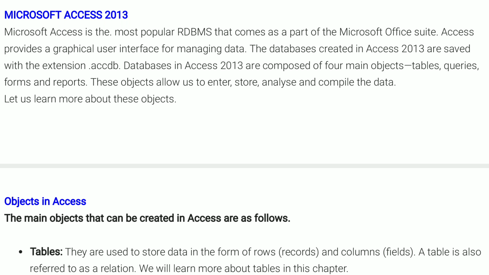The databases created in Access 2013 are saved with the extension .accdb. The extension name of a file represents the nature of that particular file. Just take an example, a Microsoft Word file is saved with the .docx extension.